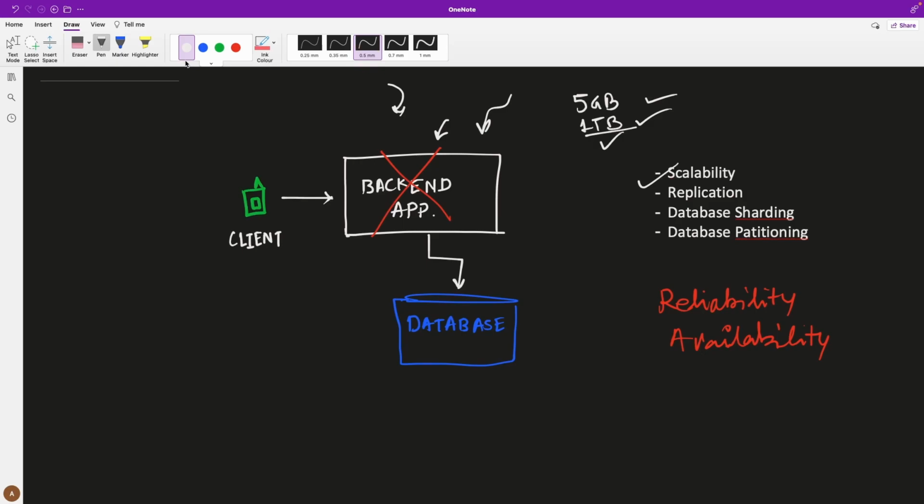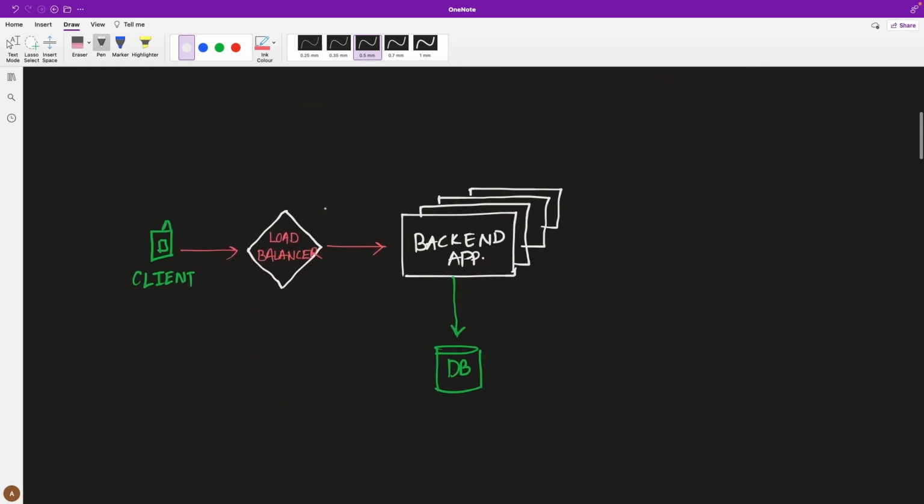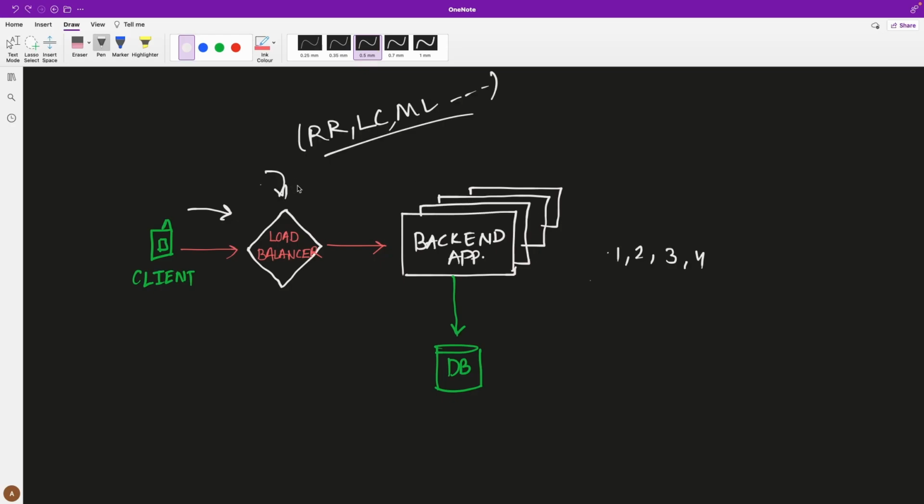So let's see this by an example. How would your application look if you add more instances and add them behind a load balancer? How would the request flow in your system? Clients make a request to the load balancer, and then the load balancer will decide which instance to route this request to. The load balancer will send the request to one of your instances, and that instance will handle the request and finally send the response to your clients.